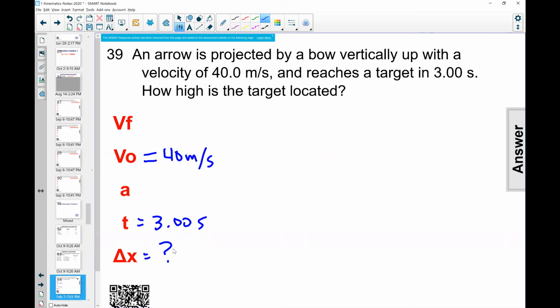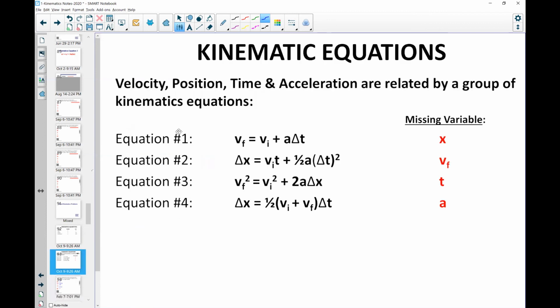Does it tell me anything about the acceleration? No. So there's nothing there. It doesn't ask about it, and it also doesn't say anything about it. Does it tell me anything about the final velocity? No. So there's nothing given, and I'm not asked anything about that. So as I think through this question, if I look back at the previous list, the 2 things I'm missing are V_f and a.